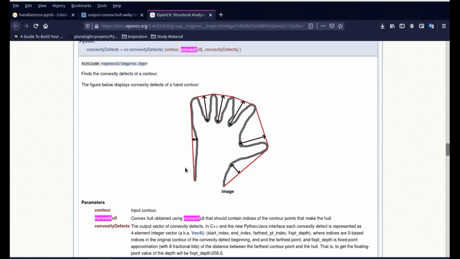So you have your convex hull, which is this red outline of the body, and the contours are represented by the black arrow right here. This is from the OpenCV website, and I'll leave the link in the description for you to understand what we are trying to achieve right here. The convexity defects tells you that you have the convex hull, and you have the contours, and it tells you how many times you have valleys which are not close to the convex hull.